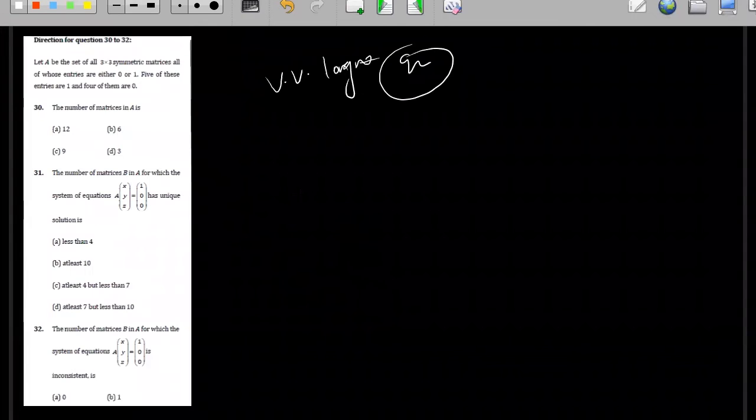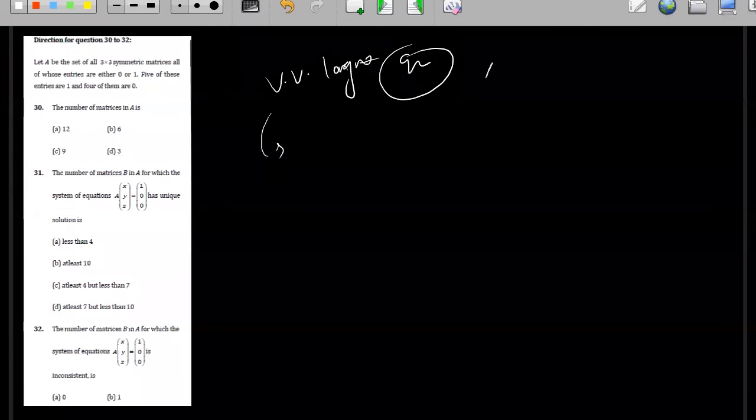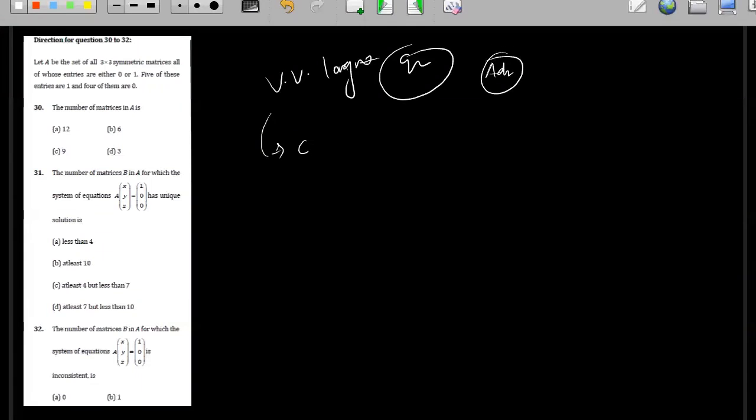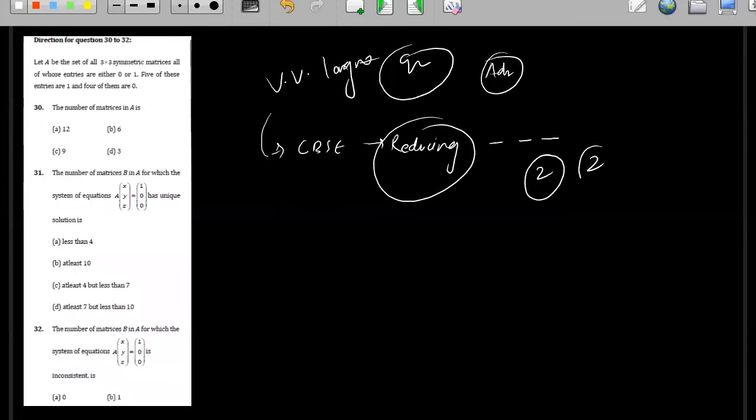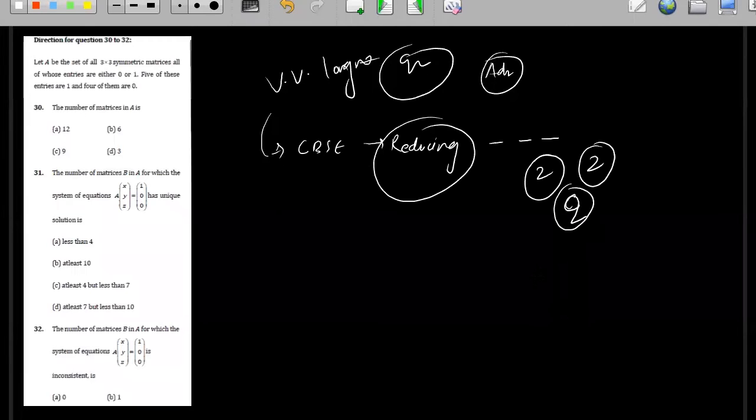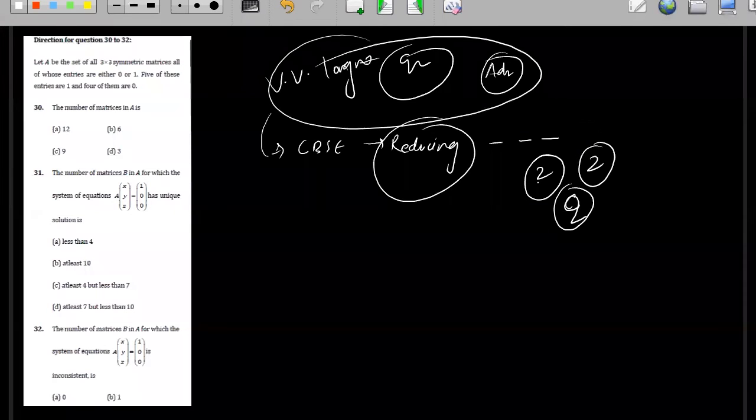Why are they doing this? See, this is JEE Advanced, right? CBSE is reducing the syllabus every year. There will be one time, maybe your kids or my kids, will be writing their board exam with 2 chapters in physics, 2 chapters in chemistry, 2 chapters in maths, right? They will spend the whole year enjoying, and then read only those topics and give the exam, right?